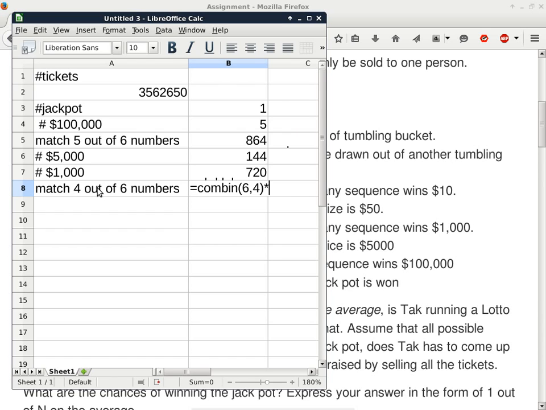But then you have to multiply that to the number of combinations of choosing 2 out of the 24 not so lucky numbers. Because in order to come up with the actual total number of tickets, you have to calculate how many choices do we have for these 4 numbers, and how many choices do we have for the other 2 numbers.